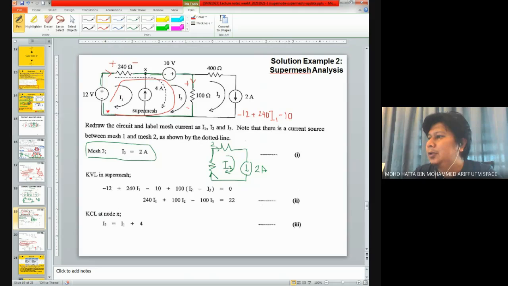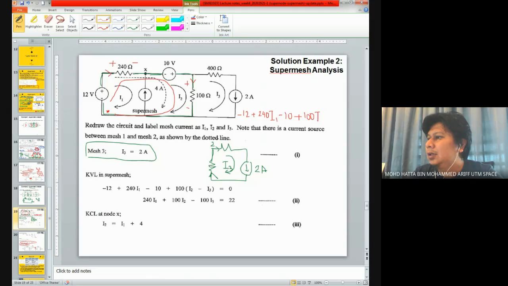Why minus? Because this is a minus sign. So when I go through this loop, first negative 12, positive, negative 10, and later on I have a positive 100